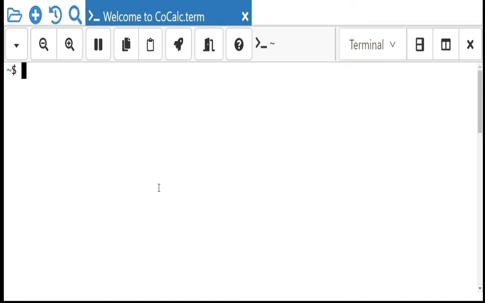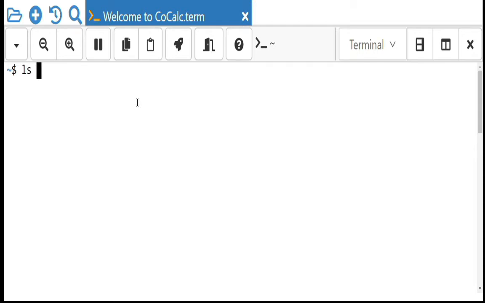Then next is the remove command, RM command. This command will be used for deleting or removing a file from the directory. RMDIR is there, which will be used for removing the directory, but here RM is there to remove the files. By default it is not going to remove the directory, it is just going to remove the files.